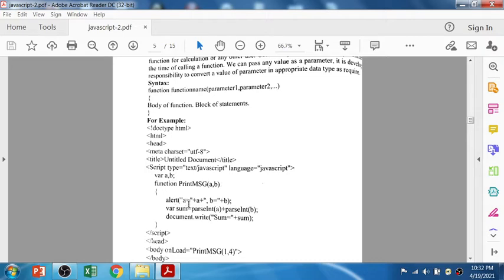Alert, you want to display a equals plus the value of a, plus b equals plus the value of b. Then variable sum is equal to parseInt. Basically parseInt is an inbuilt function provided by JavaScript. Whatever value you are going to add as variable a will be converted into an integer and displayed on the browser.